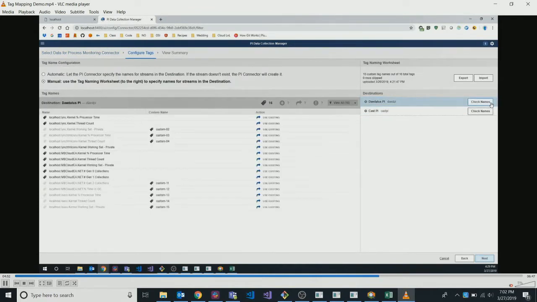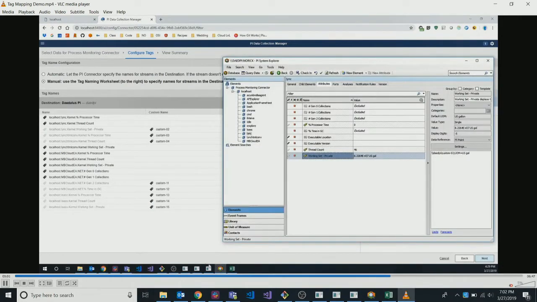Now if I check names, look at the action column. It says use existing, which means these tags were not created just a couple of minutes back. Now it shows use existing. You can also go ahead and quickly check in the Pi System Explorer. I'm looking at that very first tag, which is the processor type. If I was to drill down in the AF hierarchy and find that tag in the hierarchy,